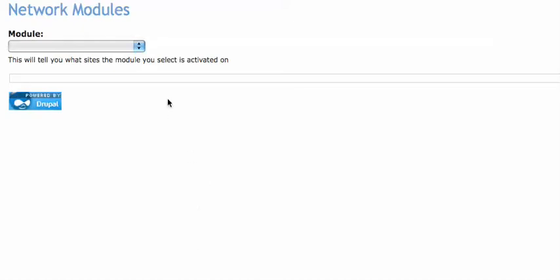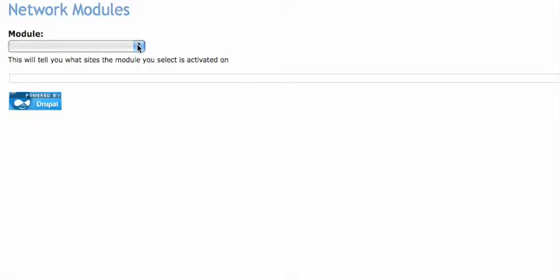So another day, another update on what's going on with some of the projects that were released recently. I've been working on the network manager a little bit, and I've actually added a page which I'm going to commit to version 6.1.1, which will allow you to review modules across your network and see what sites they're on and what sites